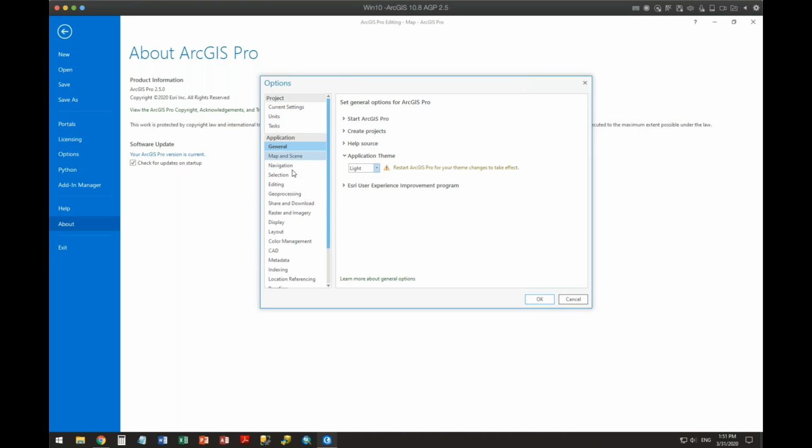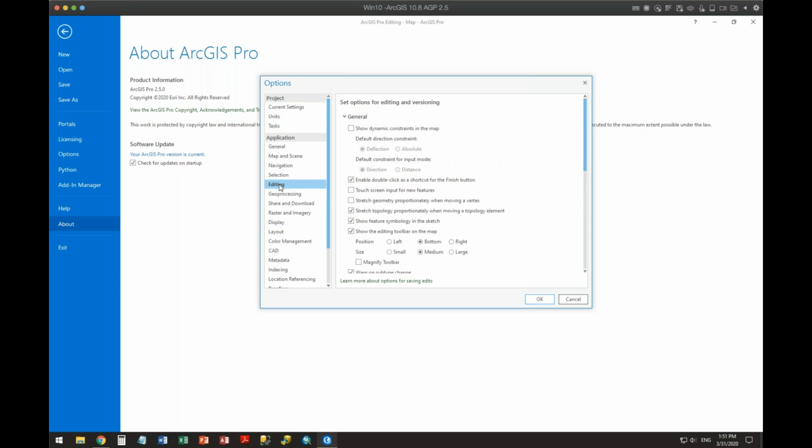So let's go down through a couple other things here. There's all sorts of settings in here. I mean, we could do deep dives into all of this, but let's just go over to the editing in here because this series is sort of focused on editing inside of here. There are some settings in here that I want to hold off on describing till I actually show it to you in the interface. There's a thing called dynamic constraints, and I'll show you what they look like. I tend to keep them off.